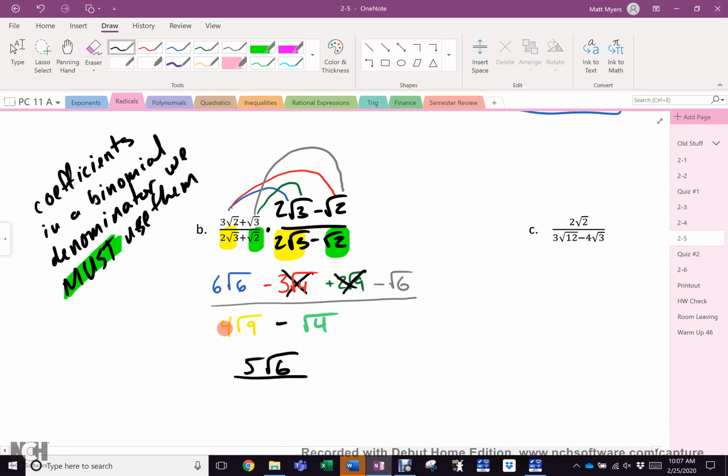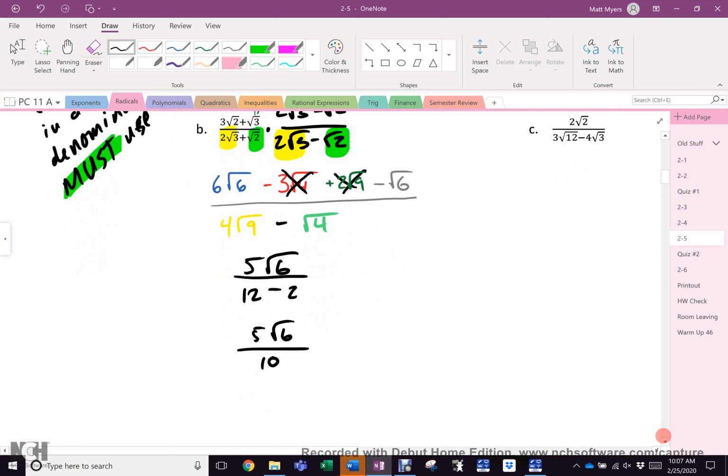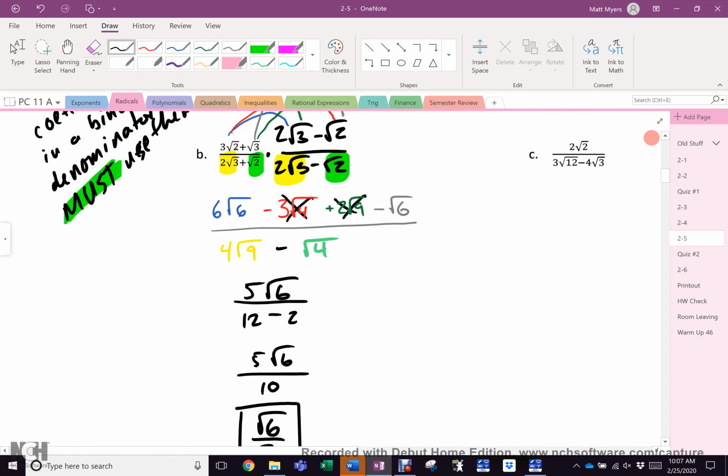Over, what is 4 times the root of 9? 12. What is the root of 4? 2. 5 root 6 over 10. What is the last thing I'm going to do? Simplify what? Because root 6 doesn't simplify. 5 over 10 becomes 1 over 2. Root 6 over 2. Now please notice,